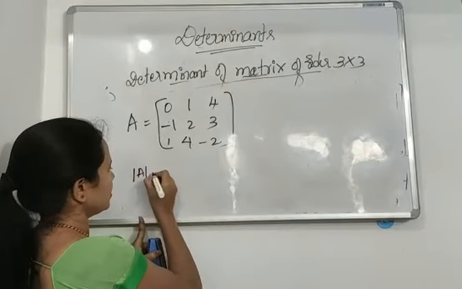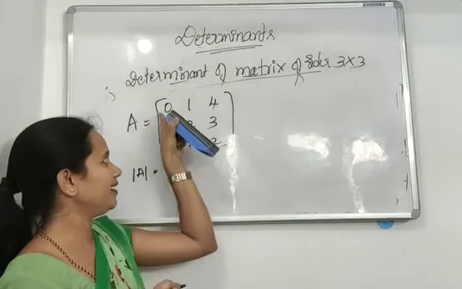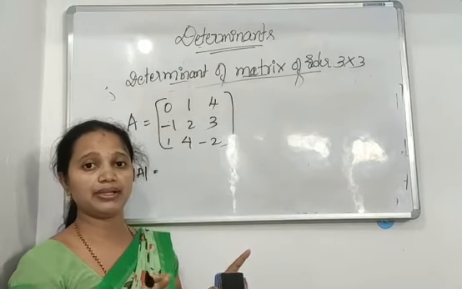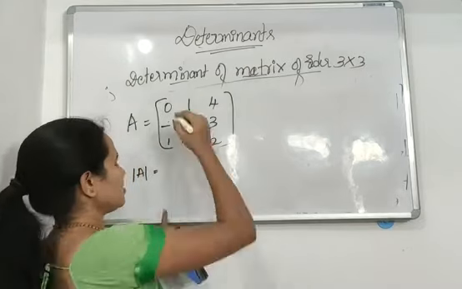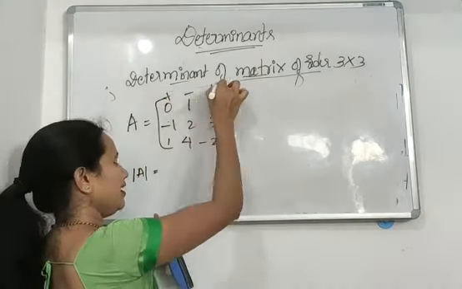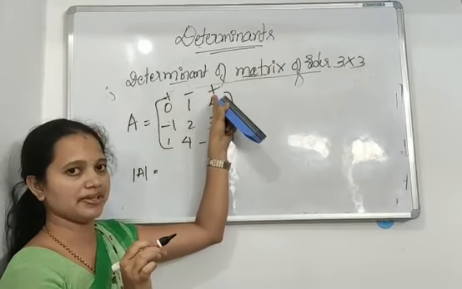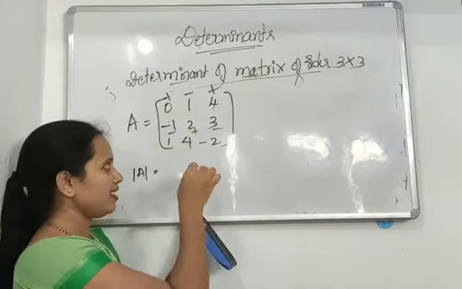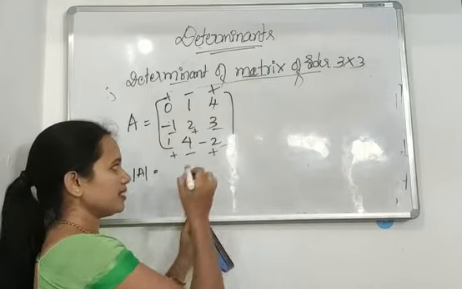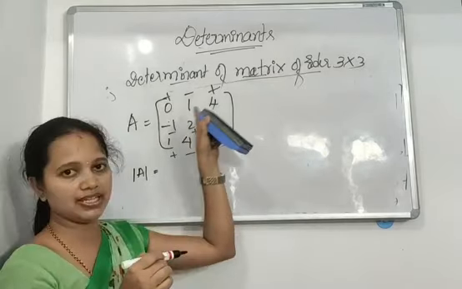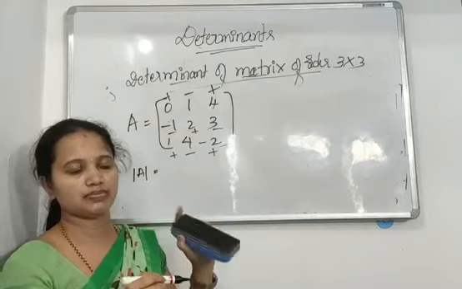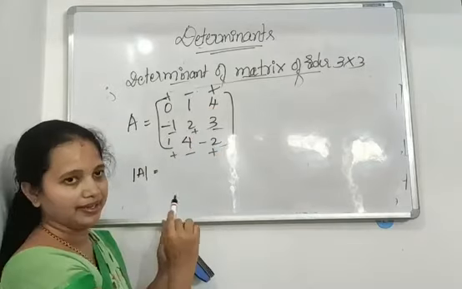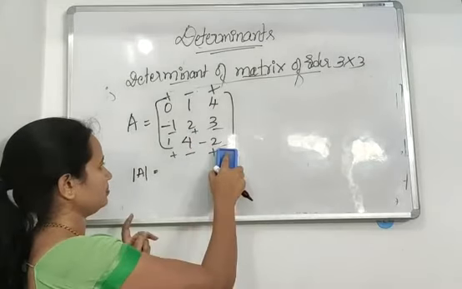So determinant A is equal to, first element is 0. No need to multiply minus 1 power i plus j every time. So the sign will be in the form plus minus plus, alternately. And for the second row, minus plus minus. And again the same for the third row, plus minus plus. Take the sign like this: plus minus plus, minus plus minus and plus minus plus. And columns also the same.